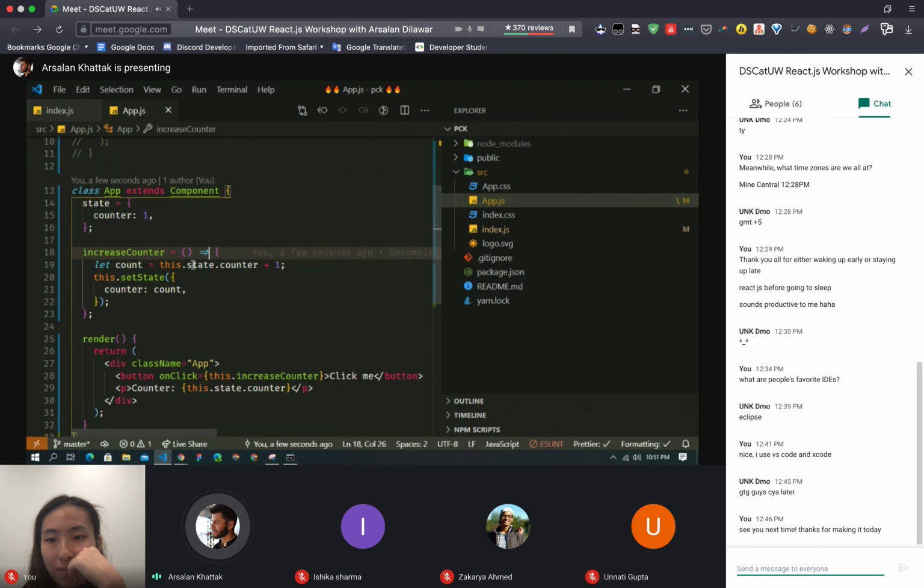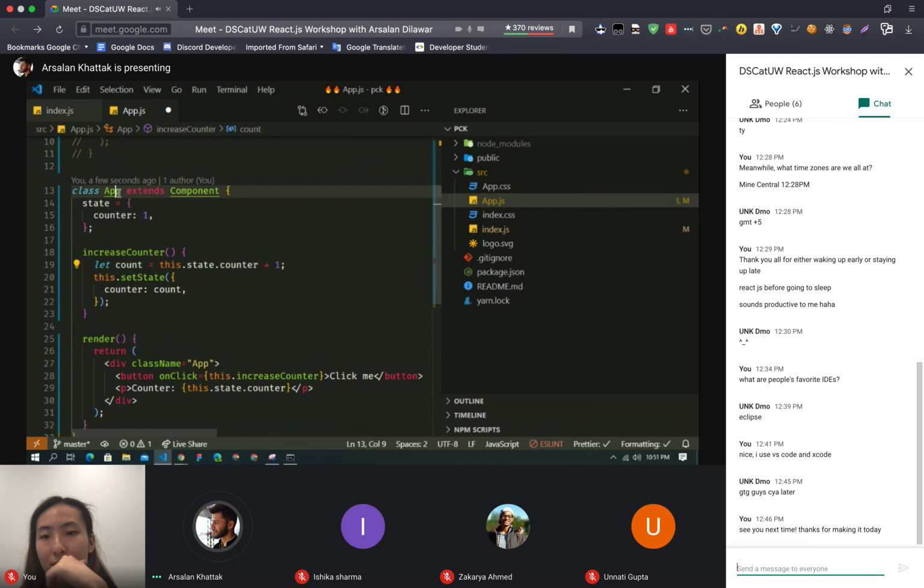Here this.state means this state, but in that previous function, this is not defined. So it will not target this App.state. Like this.state will not work here.